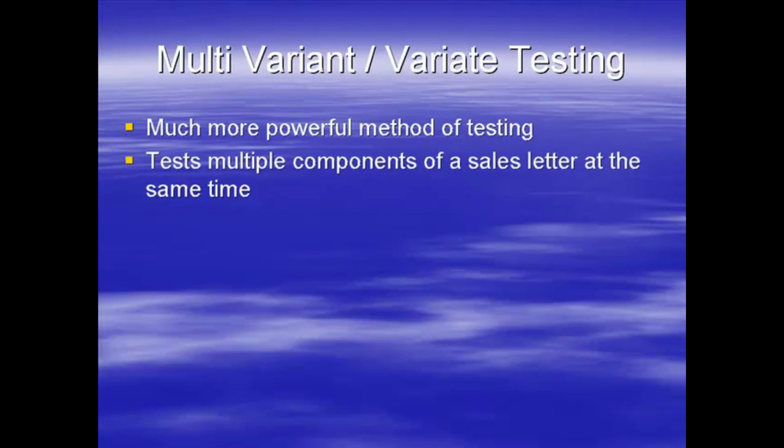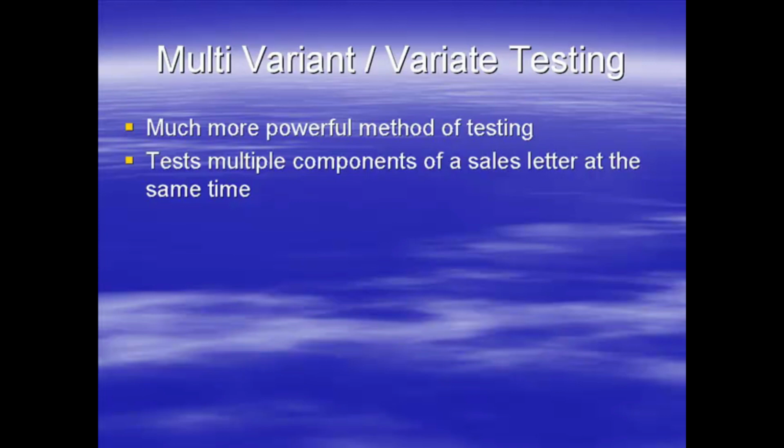Basically, the premise of this is, what it does is it tests multiple components of a sales letter. So you set this software up, you give it all the changes that you want, and then it automatically compares them all, works out itself which ones are the best performing combinations, and ultimately, by the time you get several thousand visitors down the line, it has the best performing sales letter for you. So it's absolutely fantastic software for automating the whole split testing of a sales page. This is why it's so very good.